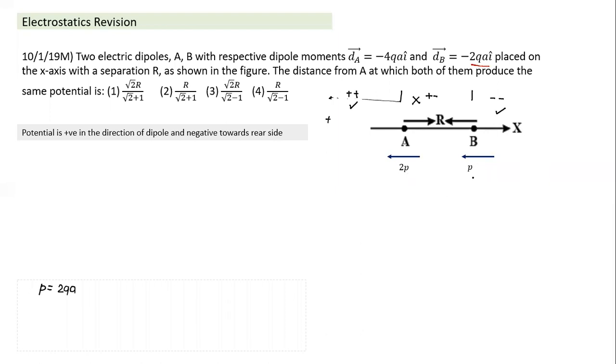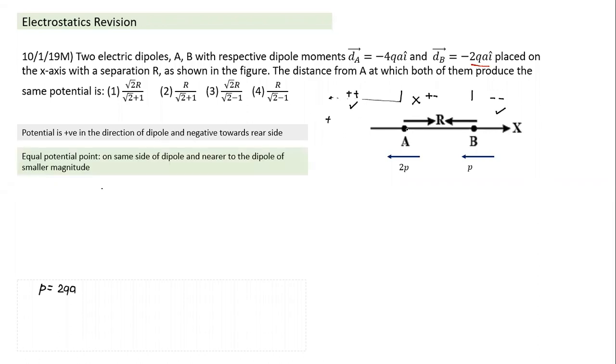The point having equal potential will occur nearer to the smaller magnitude. So it cannot occur here. It has to occur on the right side of P. So where would the point P be where potential will be equal? It can only be towards the right of point B. Now this part is simple here.